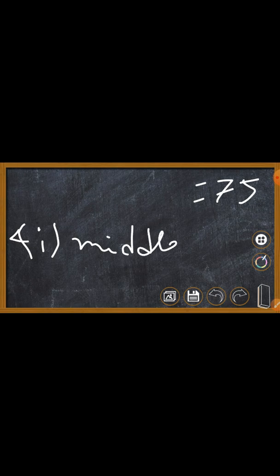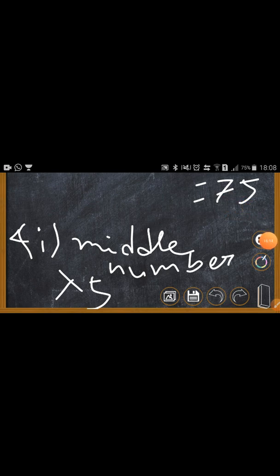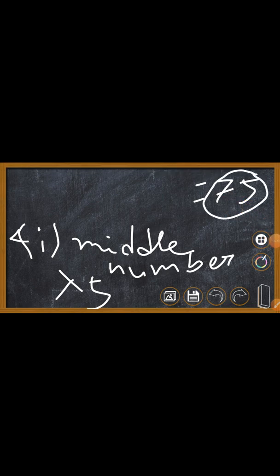What are we going to do? They want us to write a similar pattern whose sum is 75. Now from the first part of the sum, you know that if you multiply the middle number by 5, you get the sum, means the answer on this side. So what multiplied by 5 is 75? You need to find out what multiplied by 5 is 75.